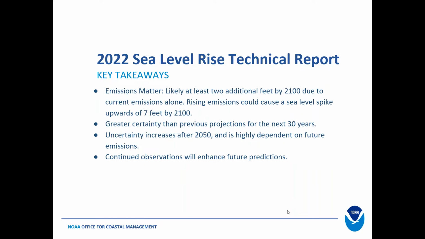If you read into what's causing a lot of this, in the first part of the projections, by 2050, there's mostly natural variability and things going on. Then when you start getting out later on, it's more emissions driven. So how much CO2 in the atmosphere gets added really makes a huge difference. And so there is quite a bit of uncertainty as you get farther out, because we don't know how much we're going to continue to do. But for the near term, we actually have much more certainty than we did before. By 2050, we have much greater certainty.